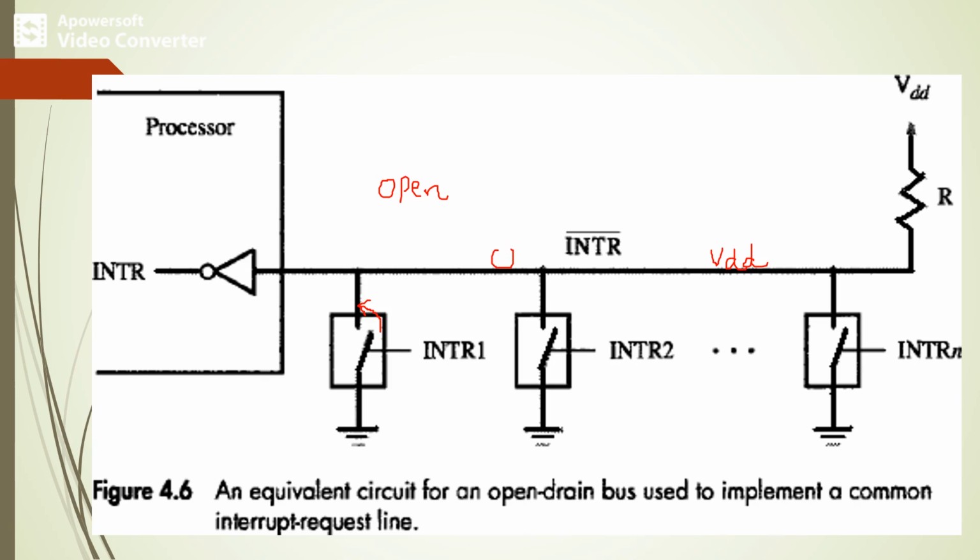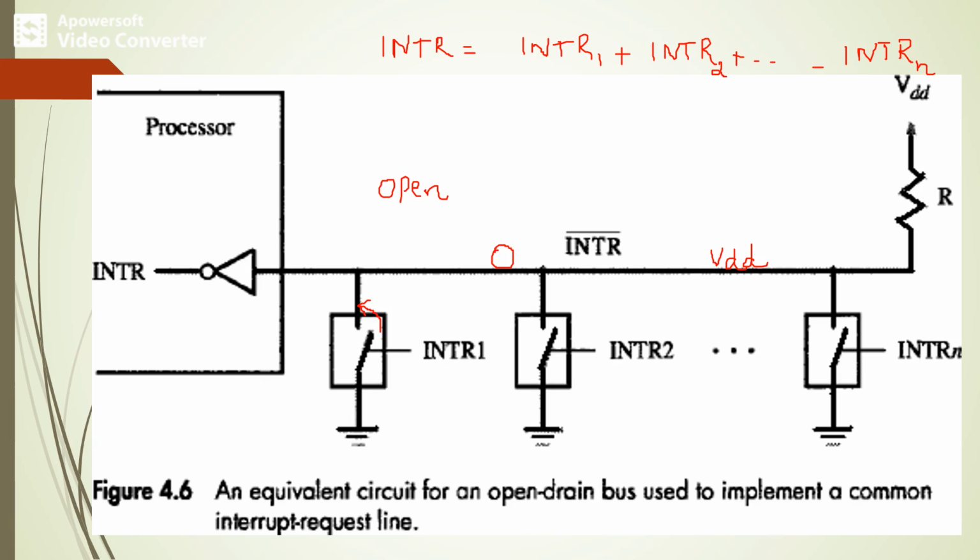Hence, the value of INTR is the logical OR of the requests from the individual devices, that is, the overall interrupt request INTR equals INTR1 plus (logical OR) INTR2 and so on, up to INTRN,